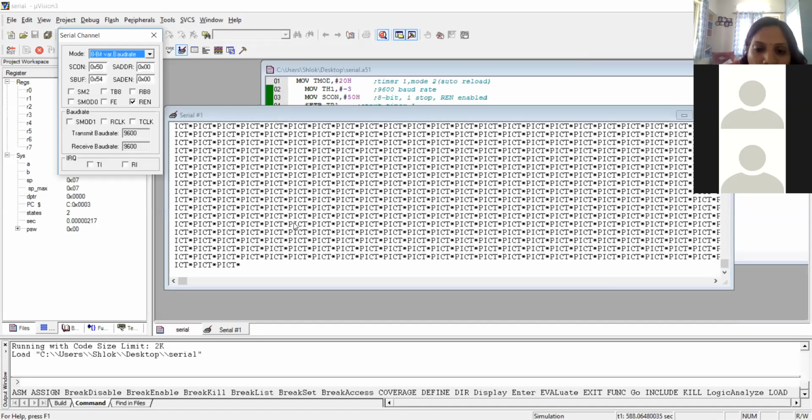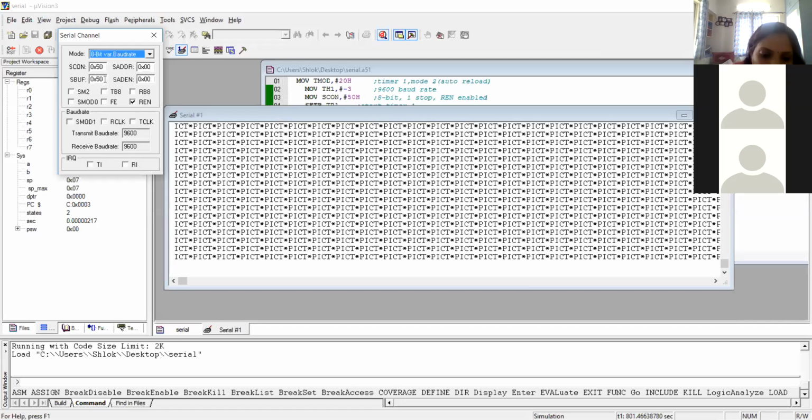Without the 8051 kit, you can simulate this program. Through this serial window and this serial channel, you can simulate your program. See here in the serial window, you are able to see the PICT string continuously coming. And in your SBUF register, you get the different values.